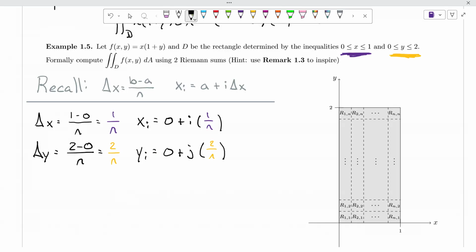So we did say we wanted two Riemann sums, and the letter in the alphabet after I is J. So that's where I got my second index. Notice that these are not the same I, J, and K that we would use for the basis vectors. They're just indices. Finally, I am going to need probably a delta A in here,